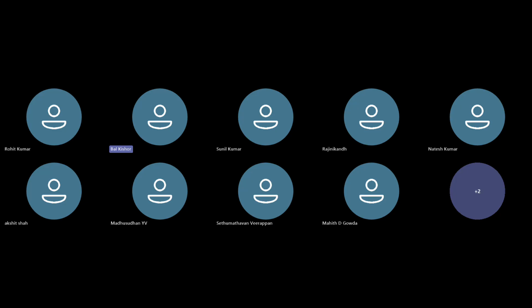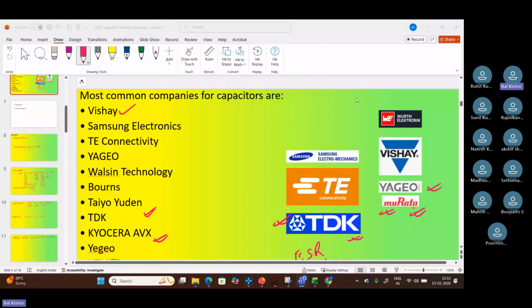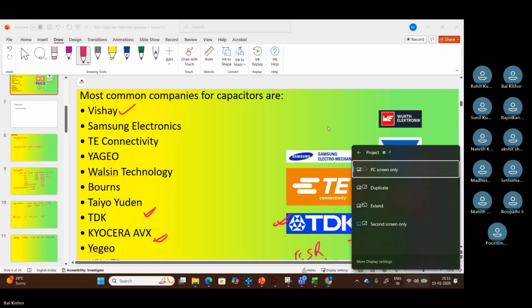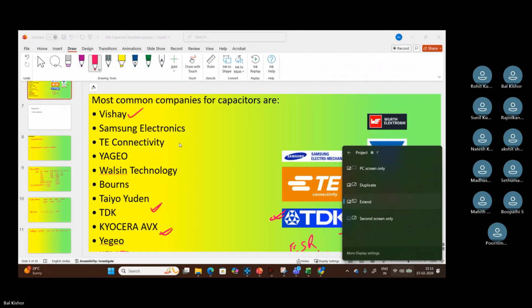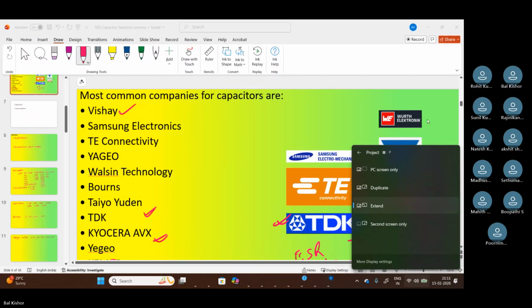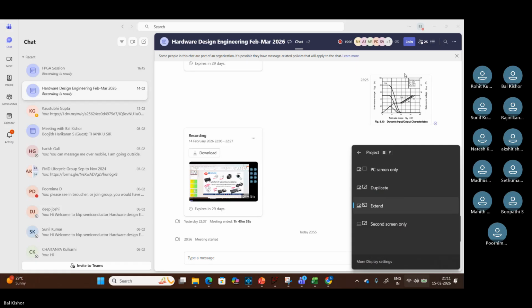Not visible? Okay. Okay, now are you able to see? Yeah, now I able to see. Okay. Bangalore is very difficult. All right. So,